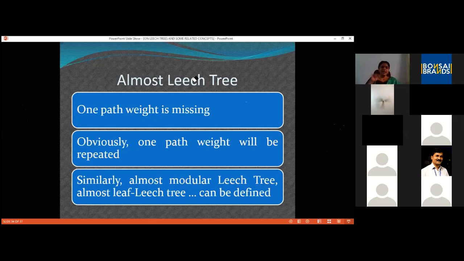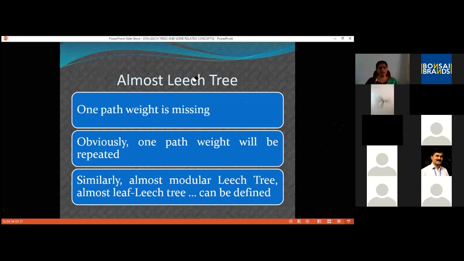So this is the concept of an almost leach tree. That is not there in the literature, but if someone is interested, you can extend the concept of almost leach tree to modular leach tree, leaf leach tree, etc. That is, almost modular leach tree, almost leaf leach tree. Like that, you can extend and study.